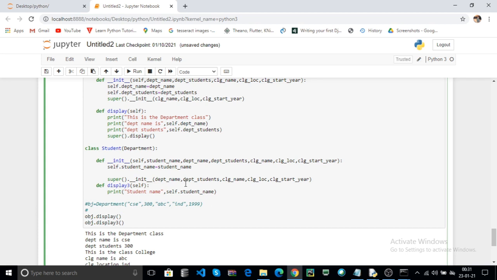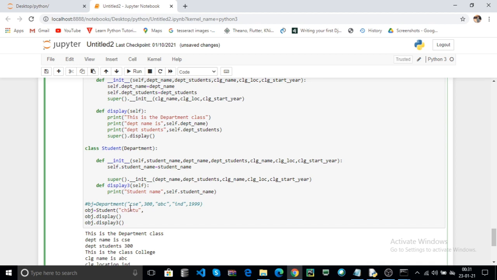That means here the lowest child class is student. Now create an object for student. Here the first parameter is the student name, for example, Chintu.